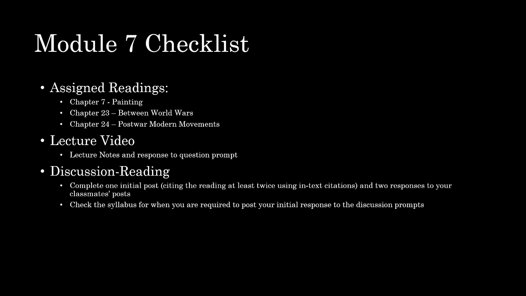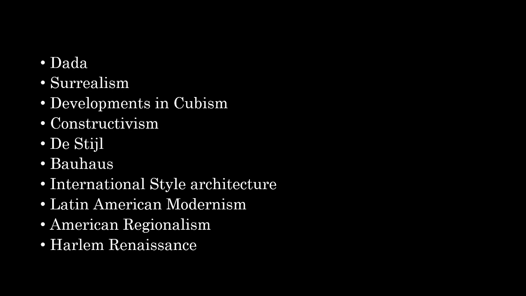So, moving right along, let's jump right into the content of Chapter 23. In the last module, we talked about how the world was changing in the early 20th century and about art movements that responded to these changes, as well as some that responded to fears about the tense political circumstances that would eventually lead to World War I, and about artists that built on and expanded the experimentations of the post-impressionists. This chapter picks up after the end of World War I and focuses on how its devastating effects changed